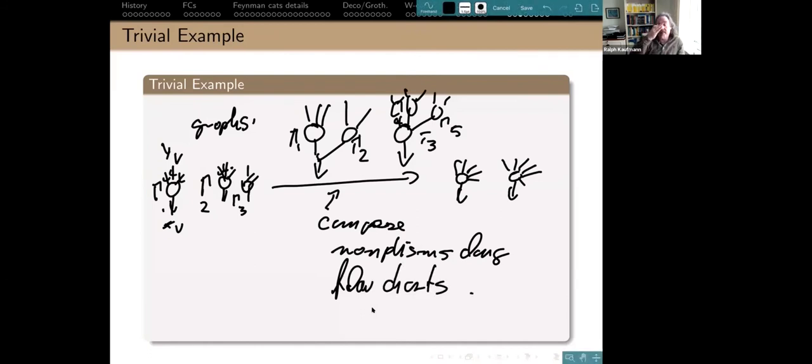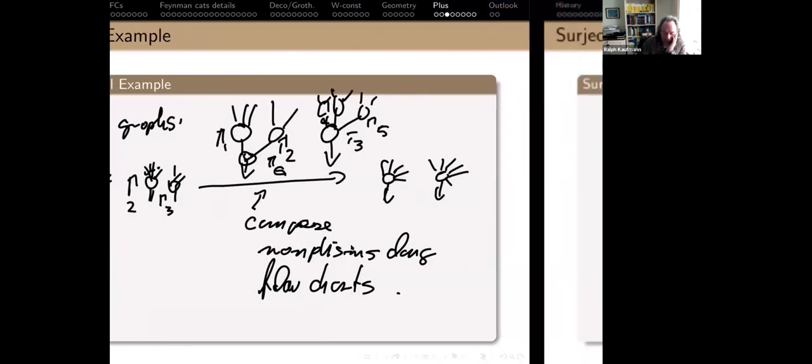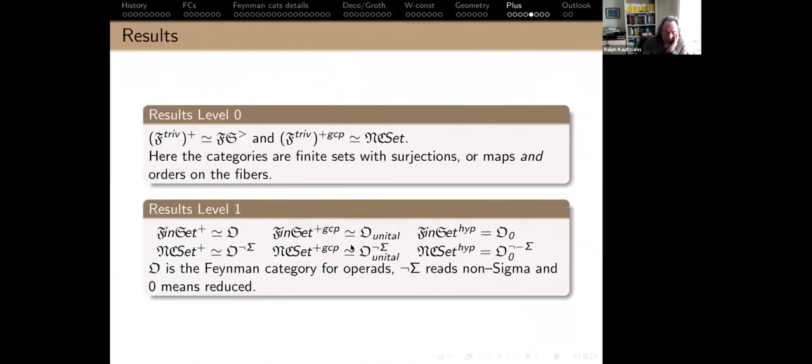Again, it's a little bit more complicated. So you have this, and sorry, there should be something here, the gamma 6. You have to say which one goes where and how to identify the flags with these things, but it's just a composition. So it really is exactly these trees decorated by graphs. All right, so that's exactly this plus construction. It's the one also that Joanna used here, the results. So you can read these from the 19 paper.